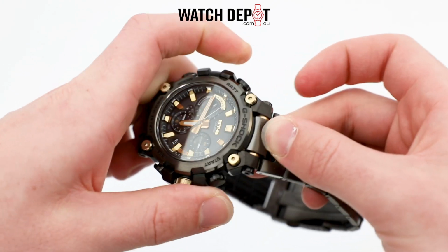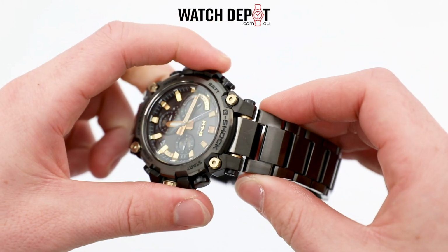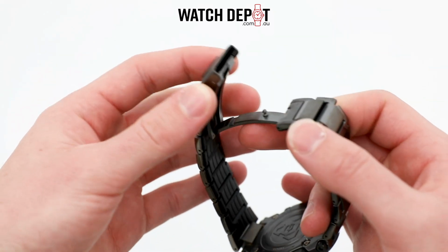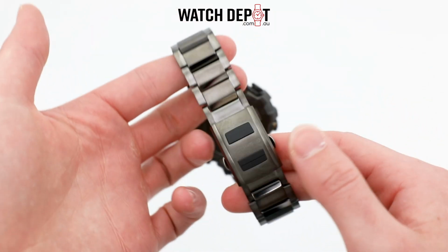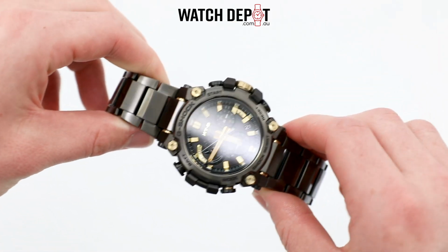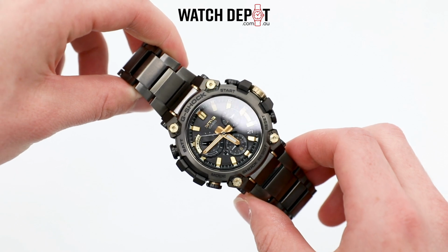I think this is a really cool feature. Honestly, I don't know why other brands don't include something similar. It's these little innovations that make Casio such a great watchmaker. I don't think you'd accidentally unclip the band while wearing it, since it does take a decent amount of pressure